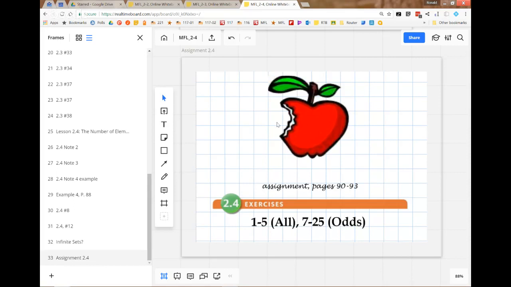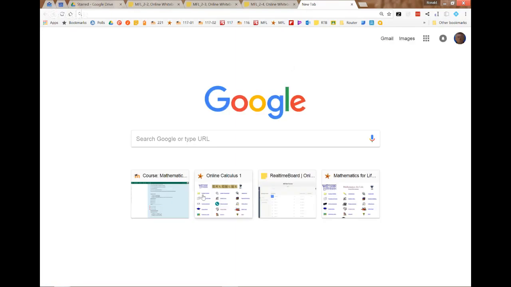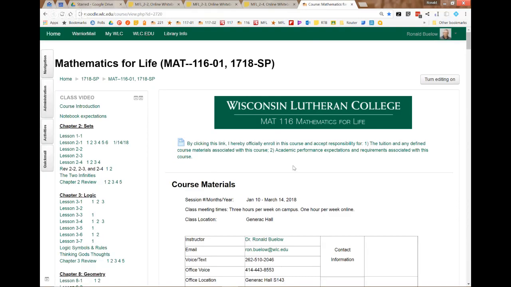And Wednesday, our notebooks are due? No, they're not due yet. Let me just go back to the website and let's talk about schedule. Those are due, I think, not this Wednesday, but the following Wednesday. Yes, that's correct. So you looked at the schedule. I just want to take a quick look at what the schedule shows here.